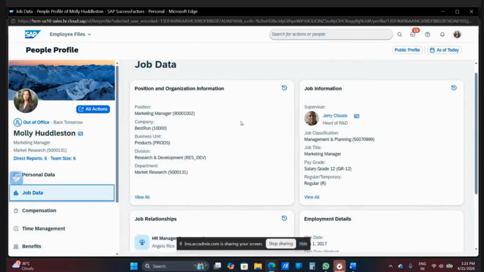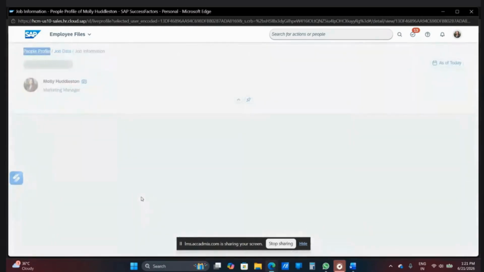Where? Sorry, I'm not able to see. Click on view all. You can see the first tile which is saying position and organization information. You can see view all on the lower left corner. Yes, click on it.